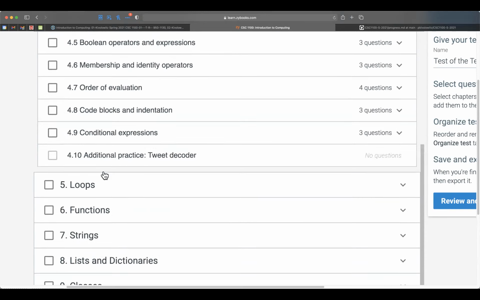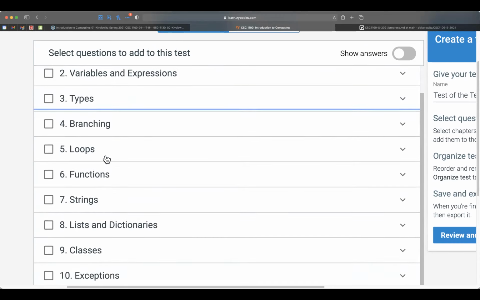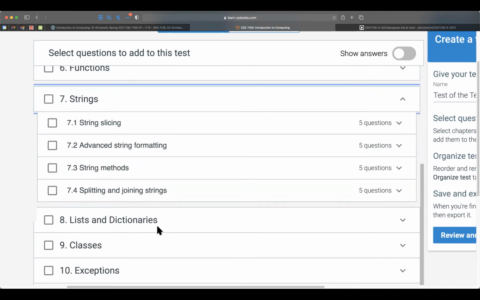So to put it in the most succinct way, chapters 1 through 8 are fair game. I won't include chapter 10. Even though we have touched on exceptions, we just haven't touched on them enough for me to feel comfortable assigning from there. So chapters 1 through 8 are fair game. Let's take a look at chapter 7.